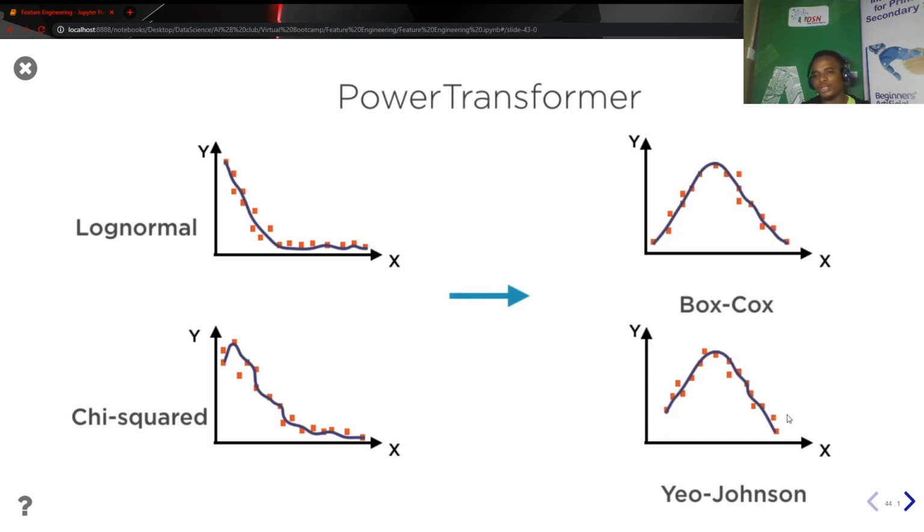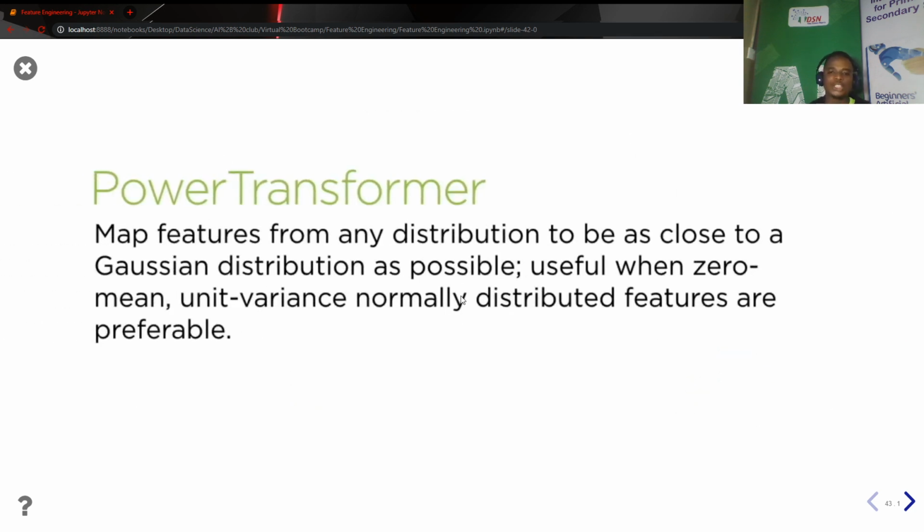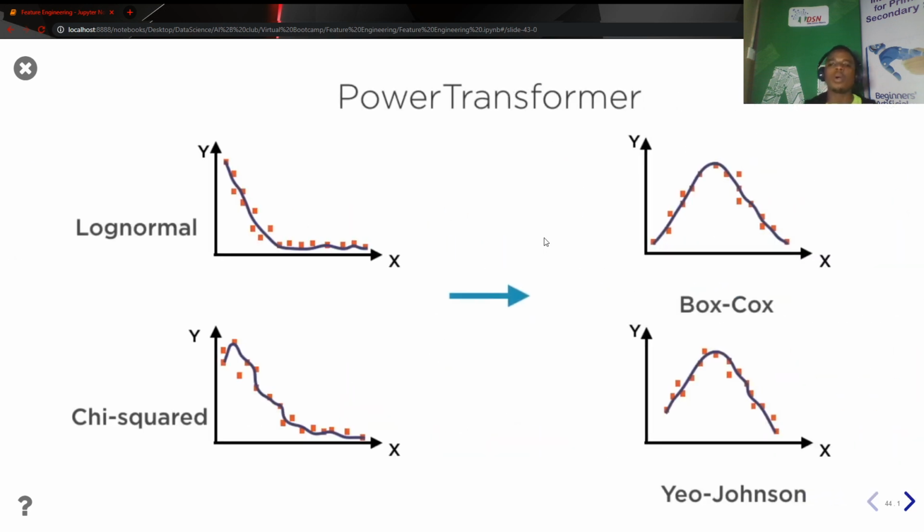Mind you, the Gaussian distribution is always bell shaped. And why are we actually doing this? This is done if we are trying to use machine learning models that prefer to work or are built on normal distribution. So some machine learning models can actually handle any other type of distribution, but the majority still rely heavily on the